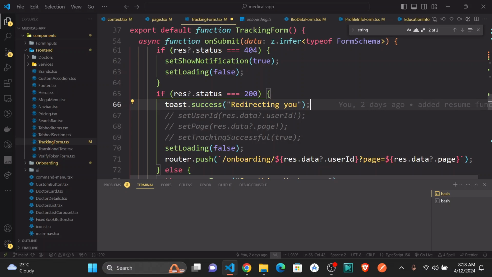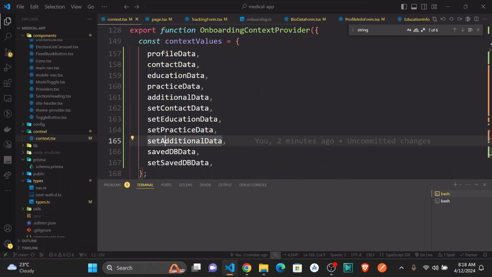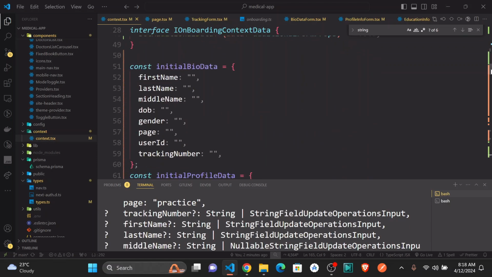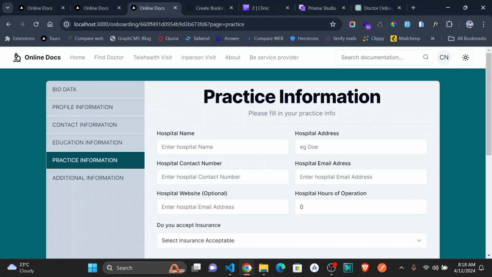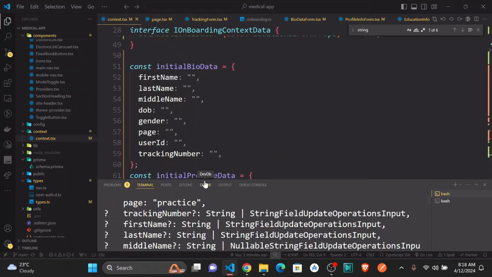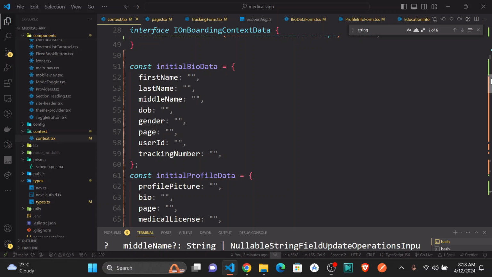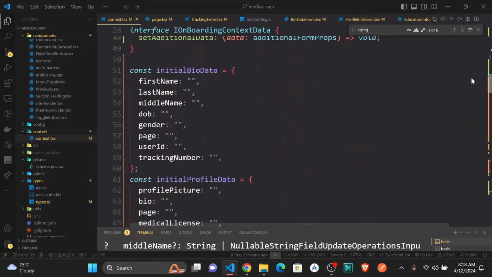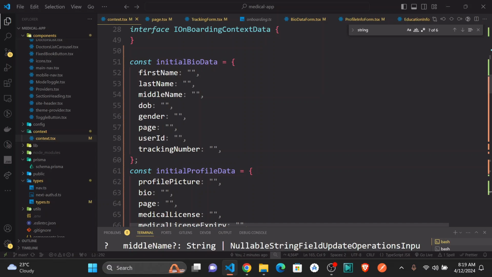So sincerely speaking, we would go to each individual form, but what I'm thinking in my mind is, can we just get this from this side? Let me hope we have no errors yet. Okay, can we set this as we are still in the context, more especially where we are setting the initial data? Because we are setting all these to be, for instance, initial biodata, we could just come here and we say, for instance, it is